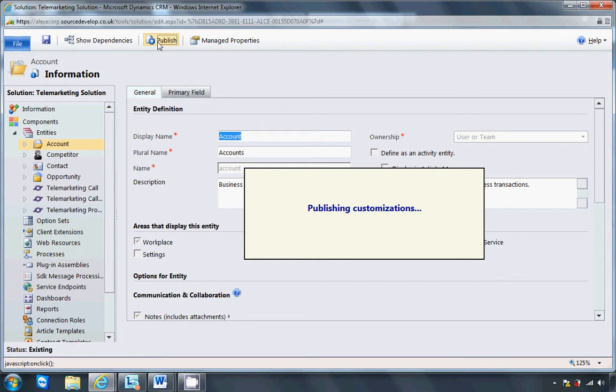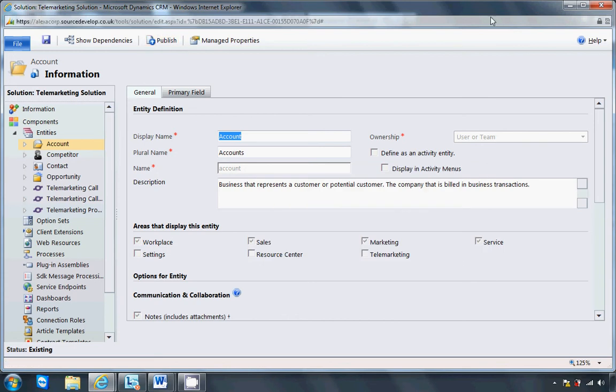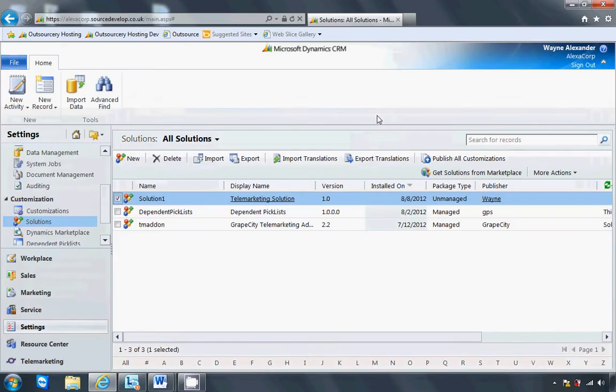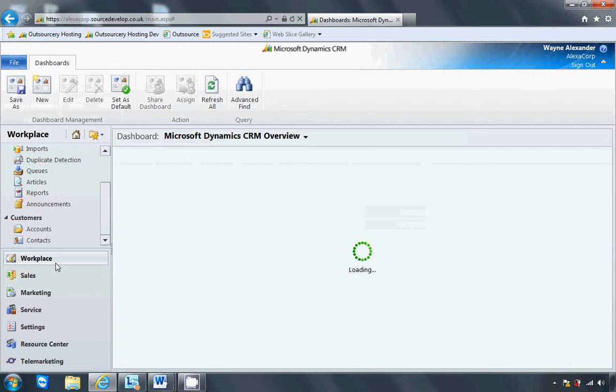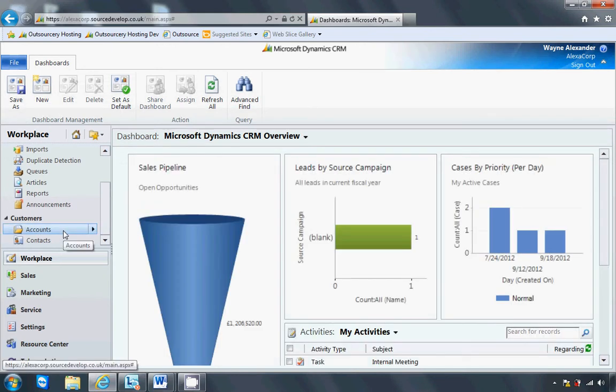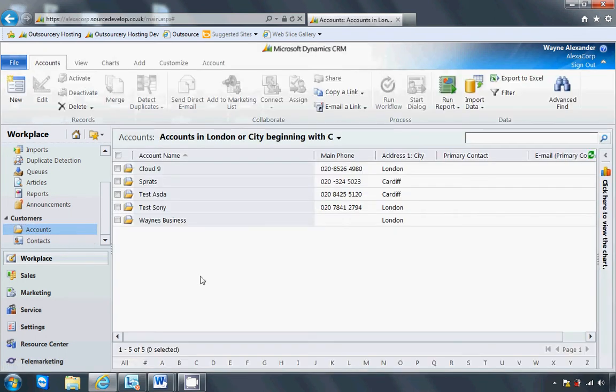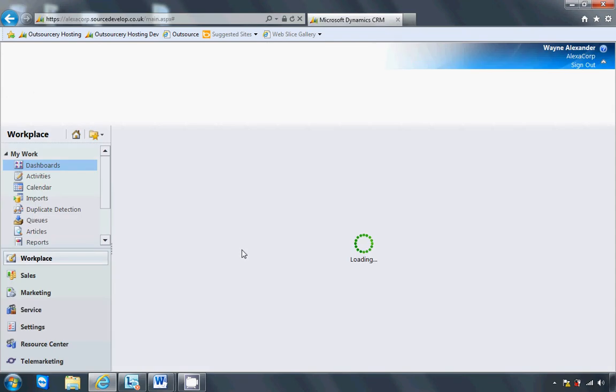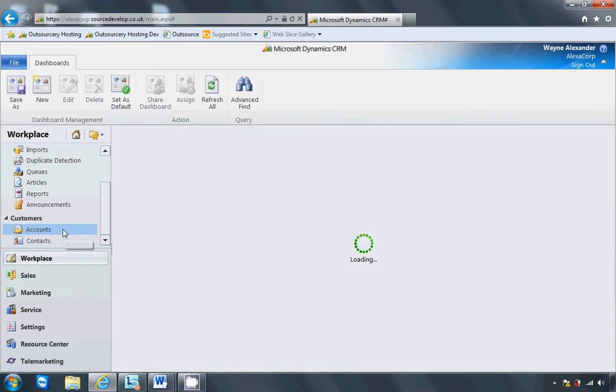And once that goes through, I'm going to refresh the screen and go back into the account entity. Now I've got sysadmin privileges, which means that I'll be able to see all of the forms anyway. Because as I mentioned, by default, that's what the system administrator allows you to do. But let me refresh the screen now. So I'll press F5 to refresh the page, and I'll go back into our account section and open up one of the account records,